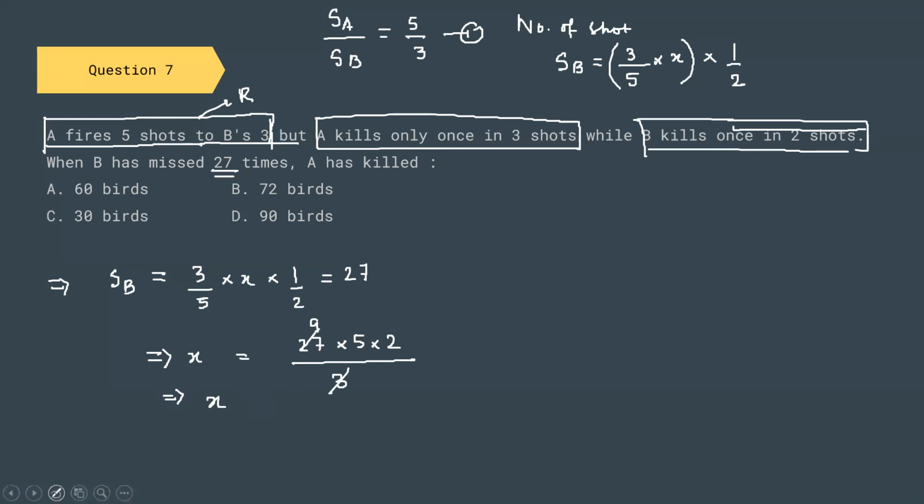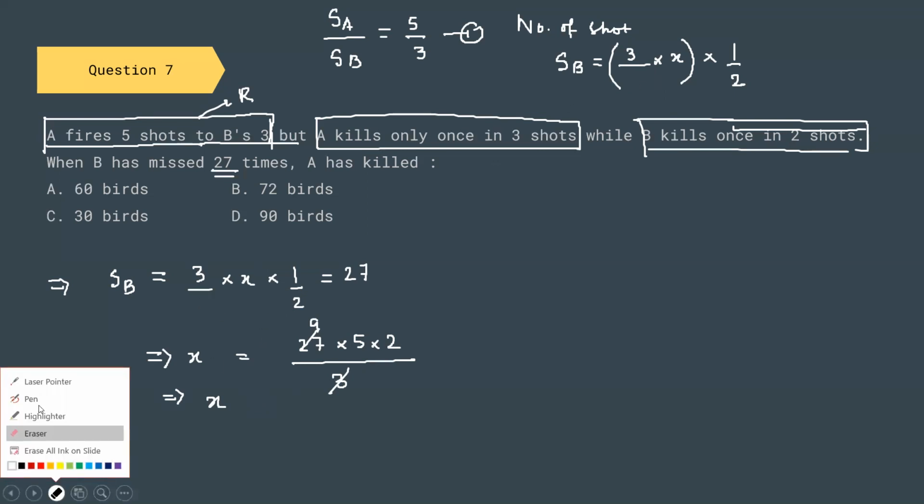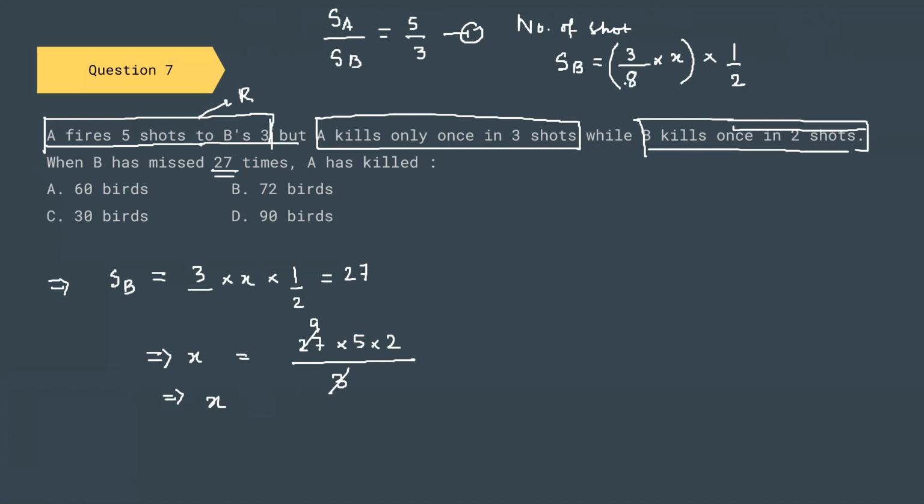Okay, there is a slight mistake that I made in the ratio. So please remember that this will be 3 by 8. So this will be 3 by 8. So this will be 27 into 8 by 2. So the value for x will be 9 into 16. No need to multiply the values yet. So the value for x is 9 into 16.